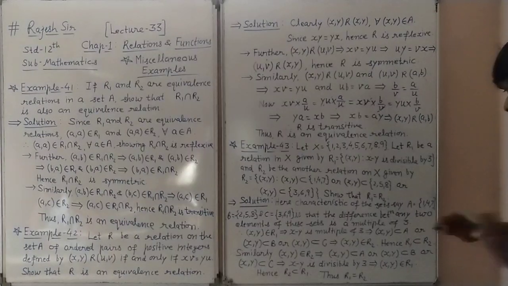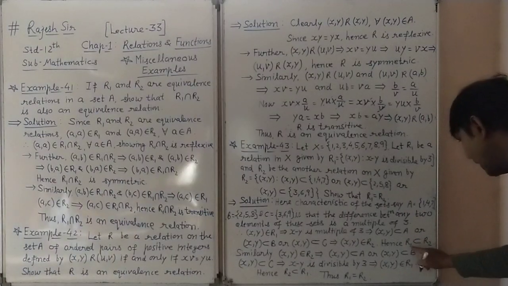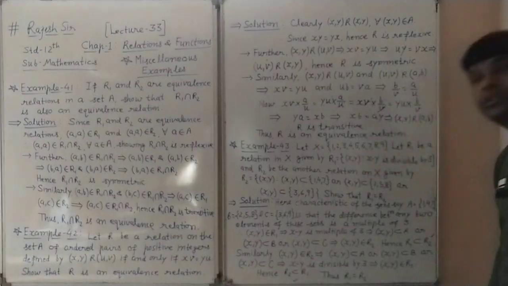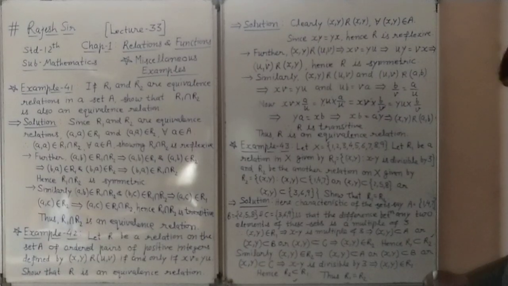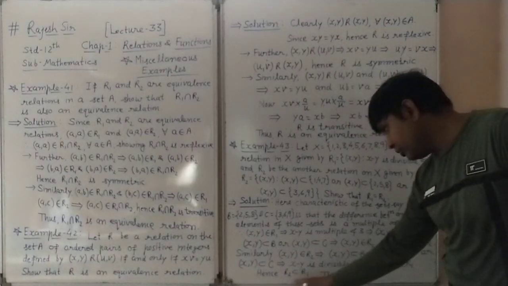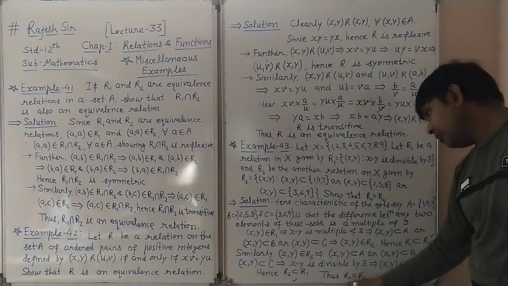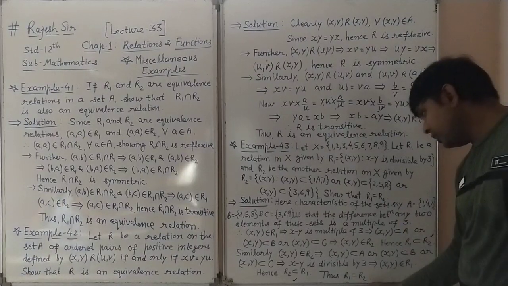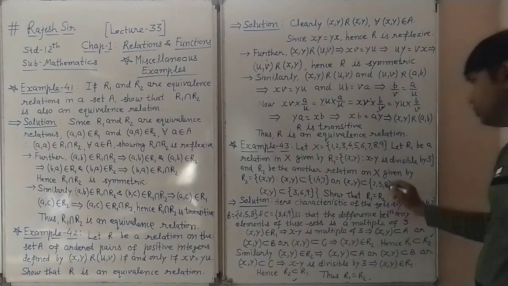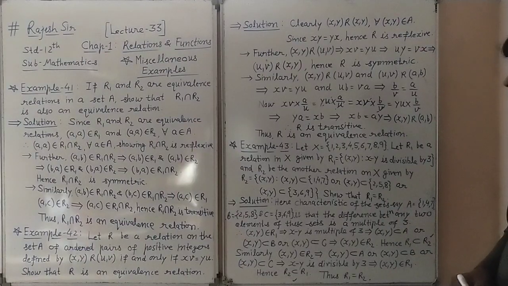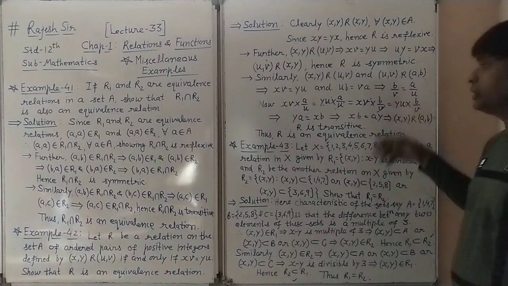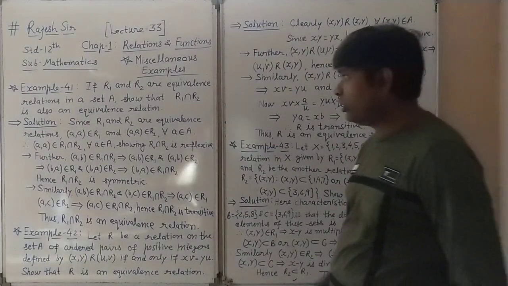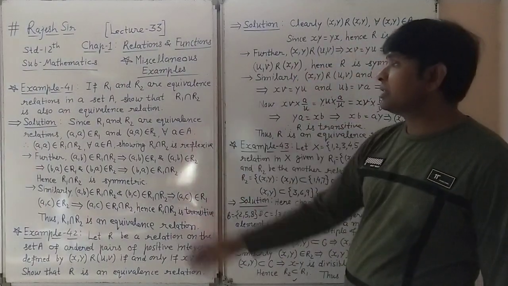So what are the two observations here? Here we got that R1 is a subset of R2, and here we got that R2 is a subset of R1. By the definition of sets, if R1 is a subset of R2 and R2 is also a subset of R1, then R1 equals R2. It is only possible when R1 equals R2. This way we have shown R1 equals R2, as in example 43 also.